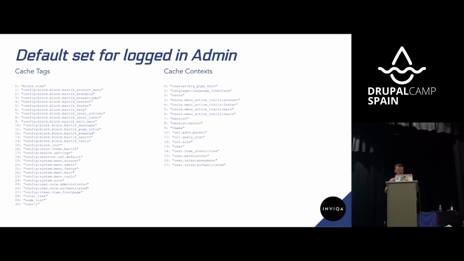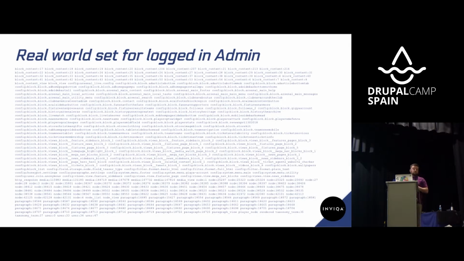But if you think that this is a lot, on a paragraphs-heavy, large-scale application, your homepage might look more like this, and this is just cache tags. If it looks overwhelming, I can see why, but the whole idea of this slide is to show you that each of those individual items refers to a specific entity in Drupal, and when you edit any of them, you don't have to re-render and recache everything, just specific things will be invalidated, and that's quite a helpful thing for